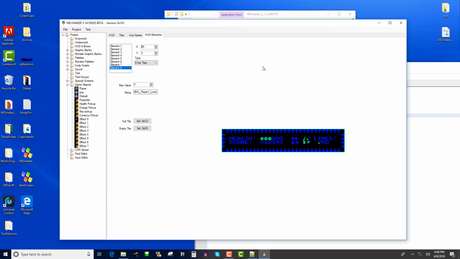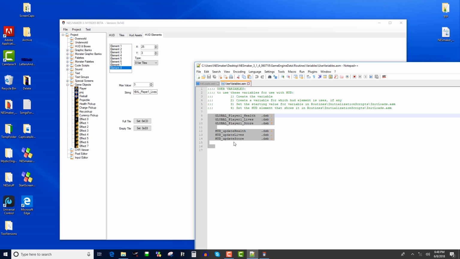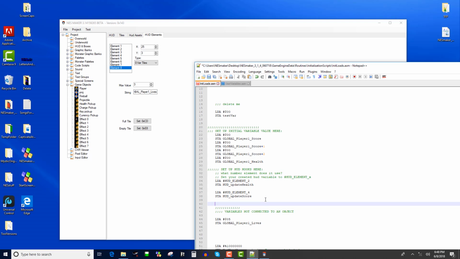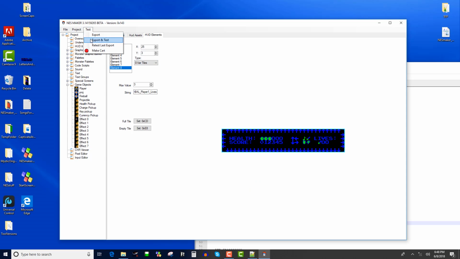And how I link that up, oops, sorry, wrong window. How I link that up is I've already got something called HUD Update Lives. I'm going to come over here, and I'm going to say that's element 8. So load HUD element 8, stay HUD update lives, and at the beginning of the game I'm going to give him 3 lives right there. So hopefully when I test this out,